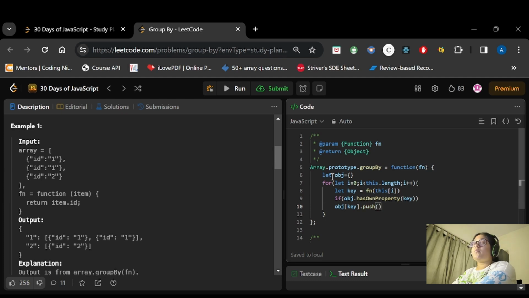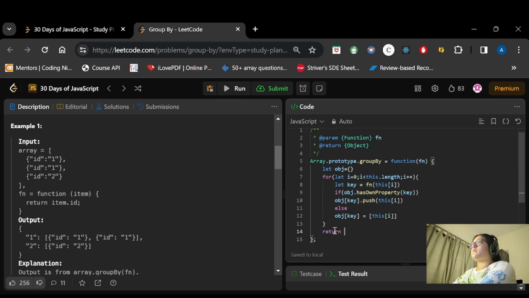We need to push the value at that index, so we will put this of I in that. Otherwise, we need to start a new array. So obj of key equals a new array with this of I, and outside this loop we will simply return this obj.